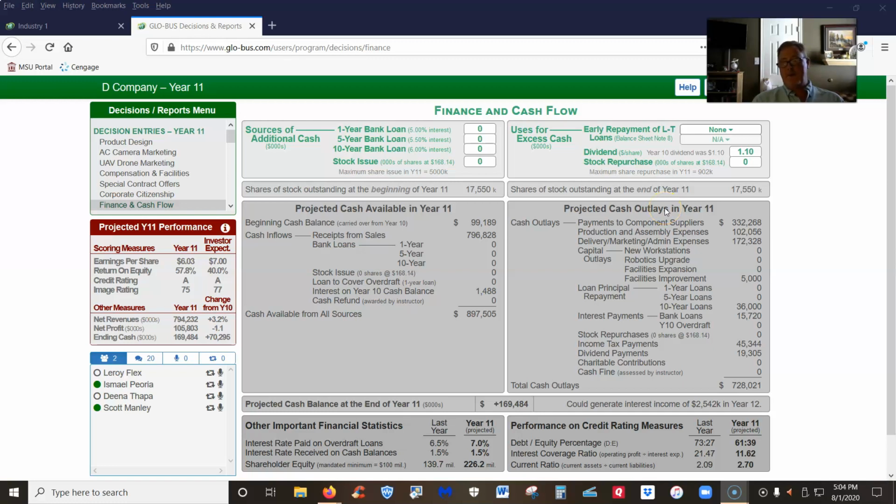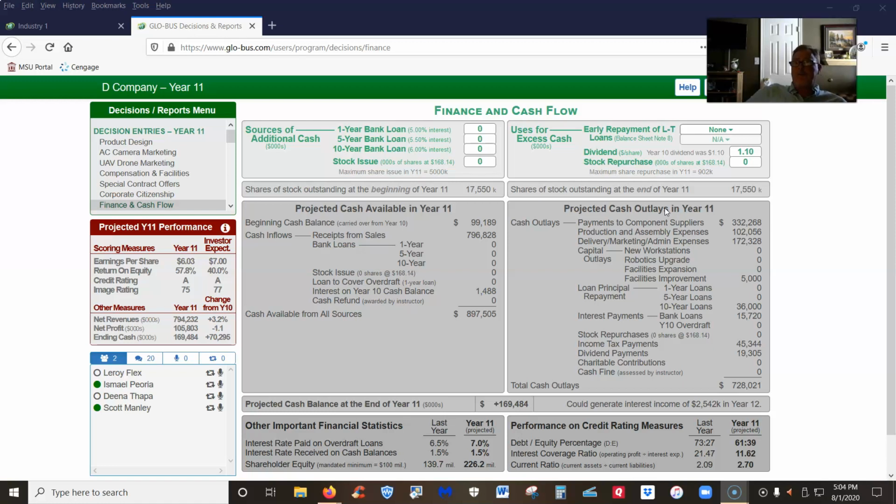All right, gang. So now that we've gotten a little deep in the game with year 11 decisions due tonight, we've gotten to the point where potentially you can make some pretty disastrous mistakes with regards to your capital structure. Most of you have correctly figured out that in order to manage the ever increasing expectations of your shareholders, that is to say that they always expect your earnings per share, your return on equity, and your stock price to increase, in order to accomplish those ever increasing expectations of your owners, you have to repurchase stock.